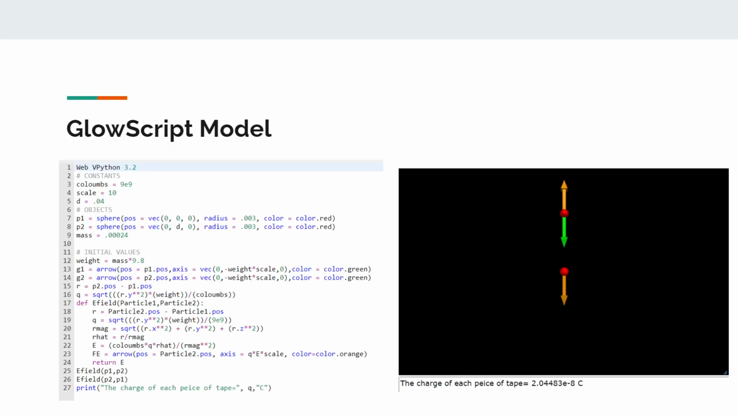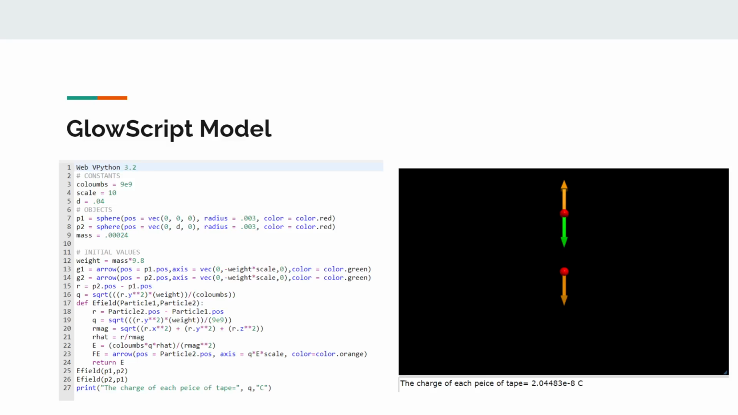So we can also take a look at our GlowScript model. And as you can see, we have the constants on the left, which is our coulombs, and our scale, because we have to scale up the arrows, and our d, which is our initial separation distance, which is the equilibrium distance. The two red spheres that you see are the positive charges of the tapes, and both have a mass of